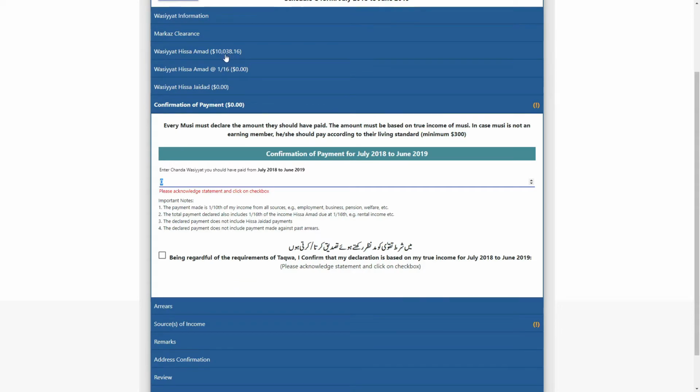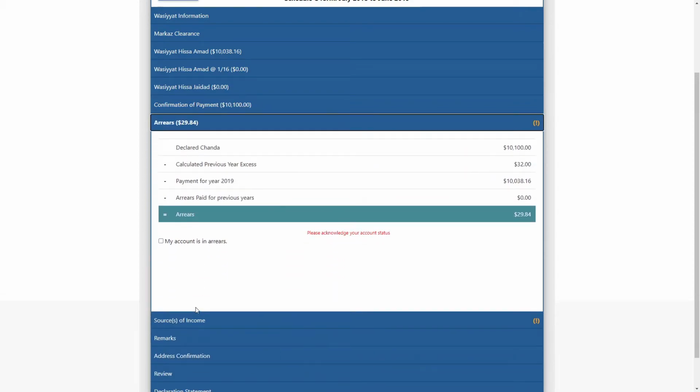It is very important to enter the amount that is according to your Wasiyyat rate and according to your income. So for example, here I can say that I have paid $10,038, but I should have paid an amount which is equivalent to $10,100. So this is the confirmation that my earning is 10 times that, or depending on your Wasiyyat rate. Depending on this entry, the next section